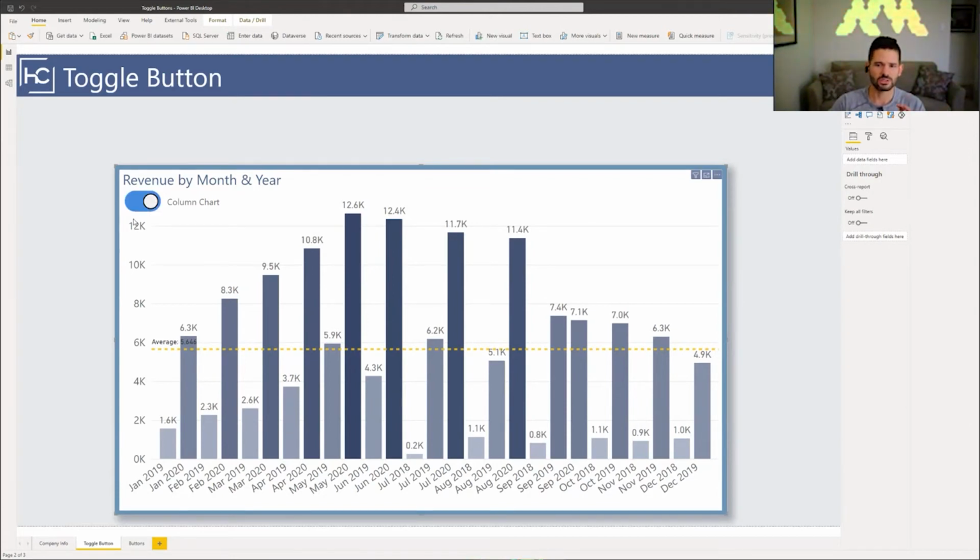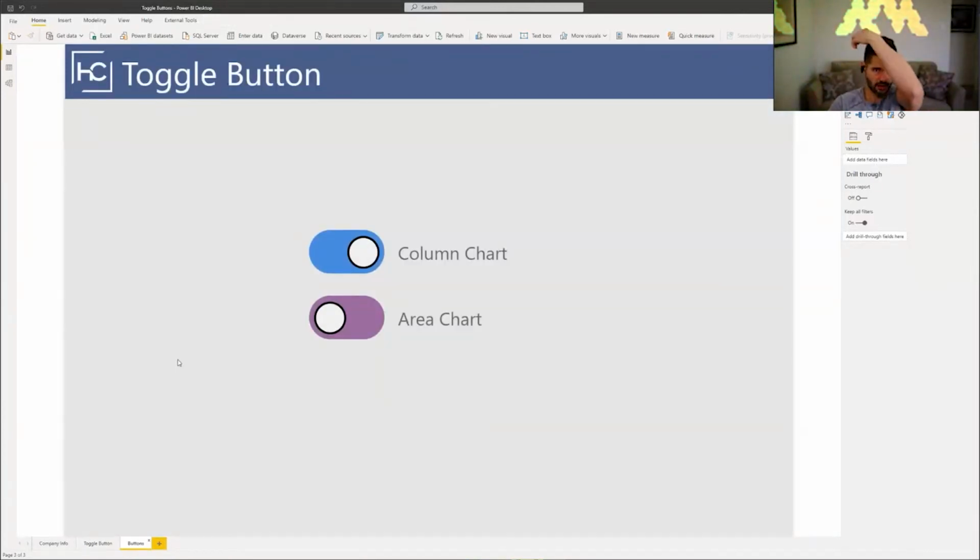Because you can use images in buttons, and I've also found some unique ways to add GIFs and some other animated buttons in Power BI, but I really just wanted to see if I can use the formatting to build this, and I managed to do, I think, a pretty good job of it. The client was happy with this. So I want to walk you through how to uniquely use buttons in Power BI to